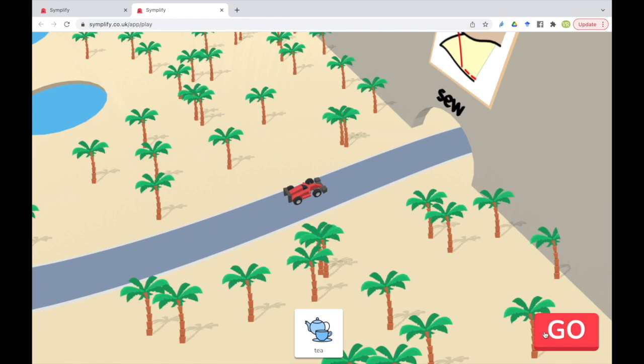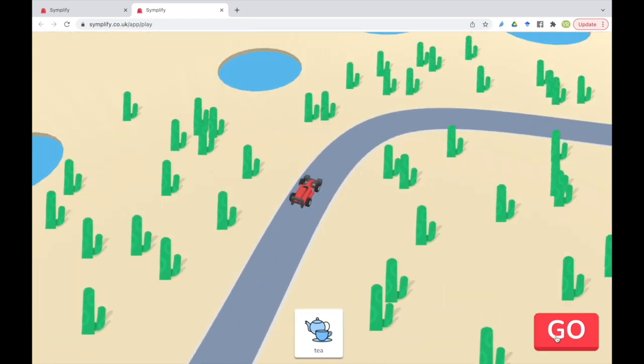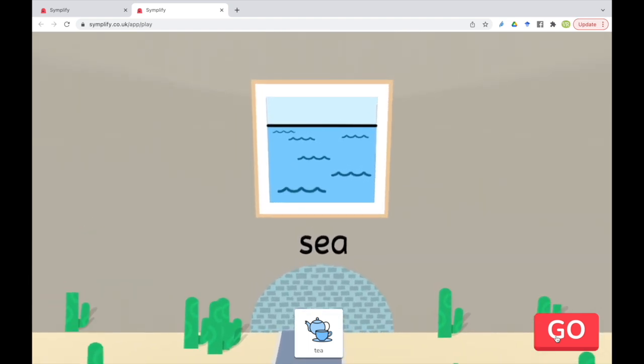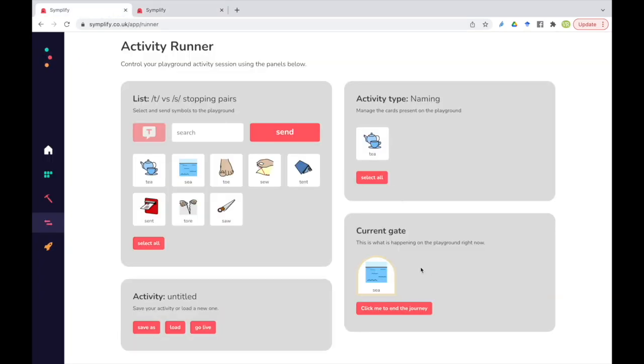So if we go back, our client sees C, but they say T. If I just pop that on there and then go back to the runner, again, you can see here that, okay, they've tried T, but it's C, so they've got it wrong. So you would support them again to figure out how to change it and say C. So yeah, that can just be really useful for not needing to switch back and forth between the different views